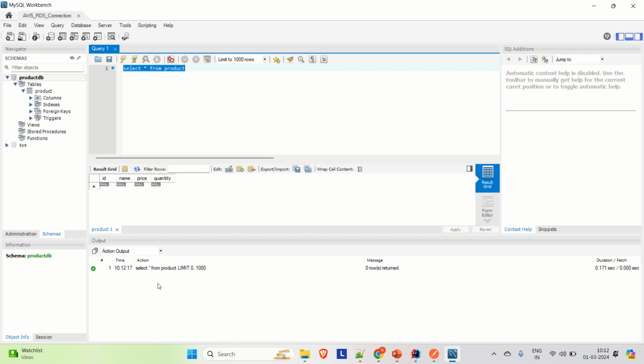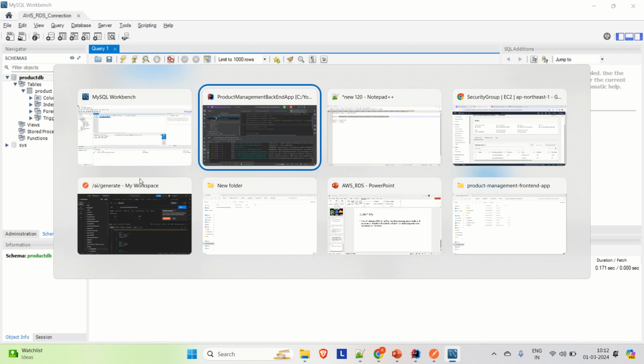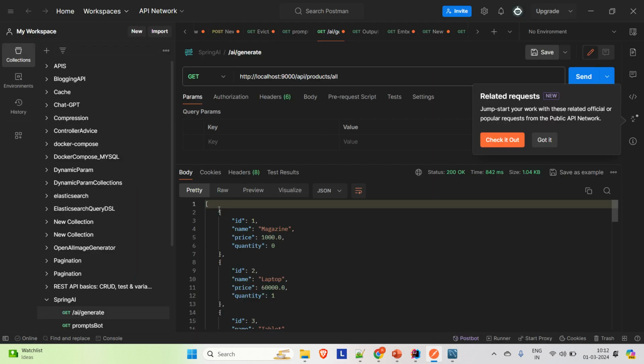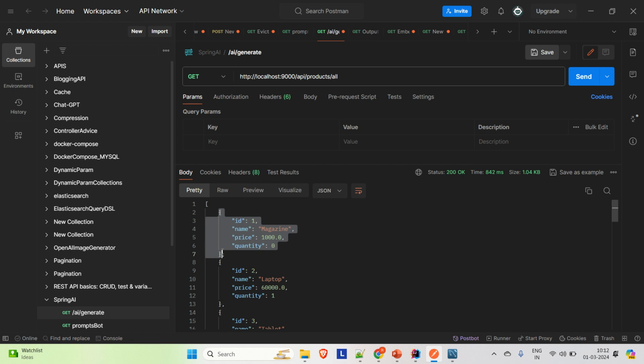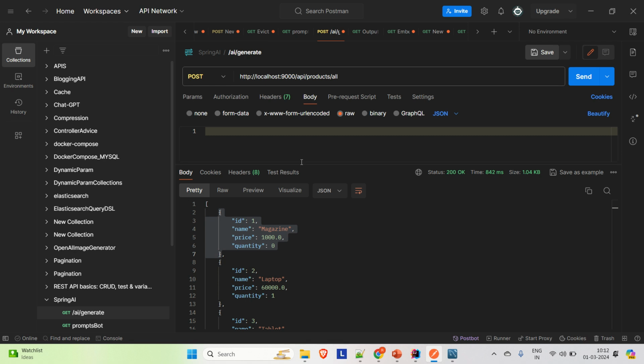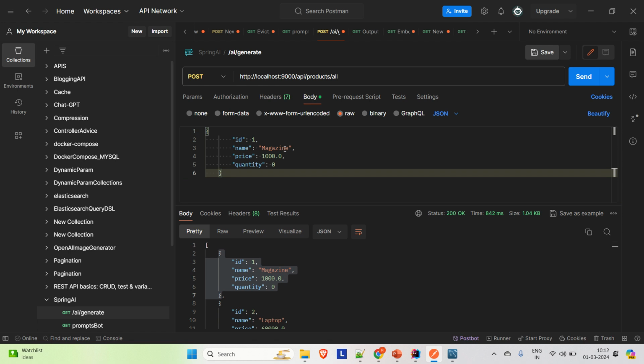Here you can see that we have this schema ready, which is coming from the entity that we have created, like ID, name, price, and quantity, but we don't have anything inside it. So let me insert one product in our DB. Let me copy this product and change this to POST, go to this body, and go to the raw. JSON is there. Let me minimize this, paste it out, and